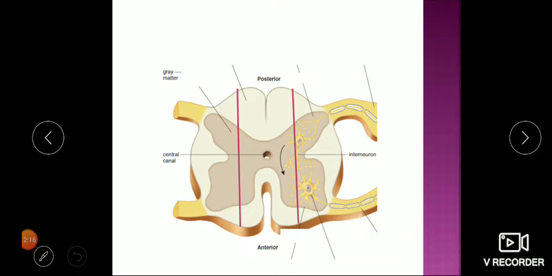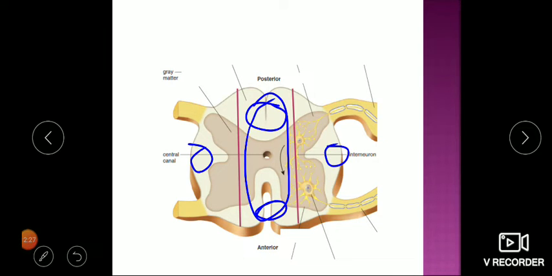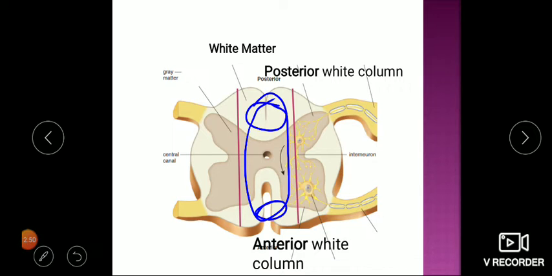Now, medial and lateral, what is the significance? This is the medial one, located more centrally, somewhere here, and lateral means they are located here. You see the difference? Those going medially will be controlling axial muscles, the muscles of the body that control posture. So their supply is bilateral and they control body posture. And those going laterally basically supply the distal muscles and are unilateral only. So this is the white matter, anterior, posterior and lateral, and here the medial location and lateral location.